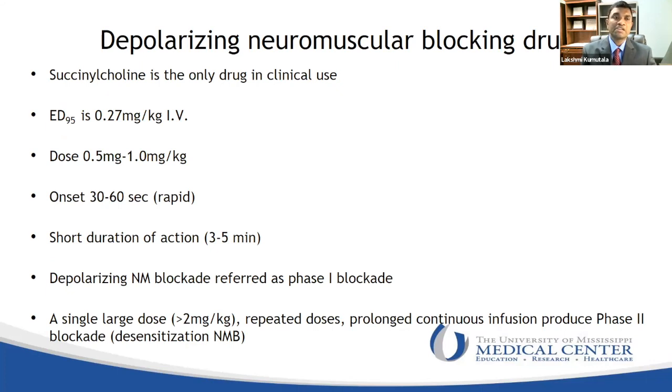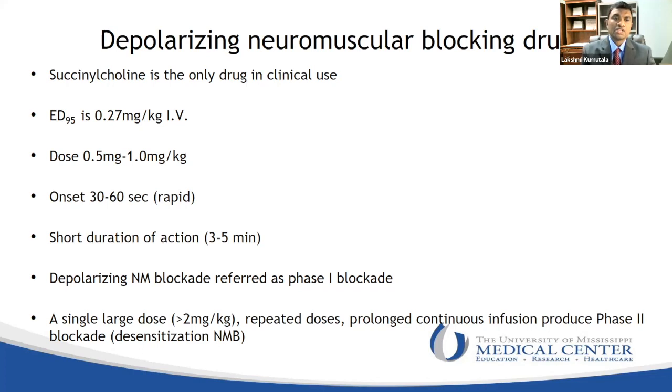The effective dose 95 of succinylcholine is 0.27 milligram per kg intravenously, and very rarely we use the intramuscular dose, which is double the intravenous dose. The regular intubating dose of succinylcholine is 0.5 to 1 milligram per kg. The onset is 30 to 60 seconds, and the duration of action lasts for 3 to 5 minutes in normal